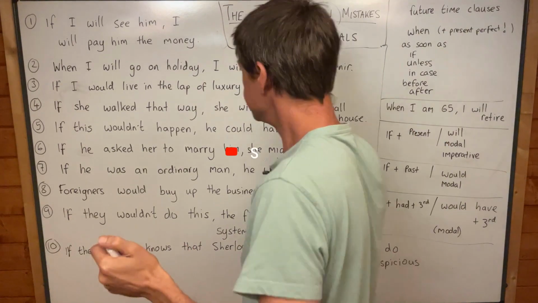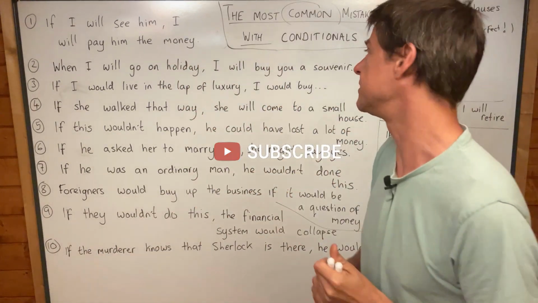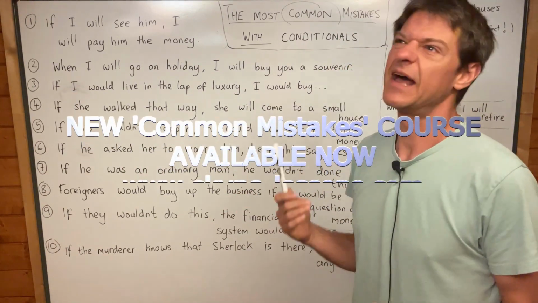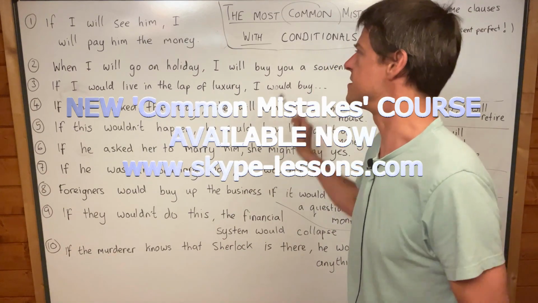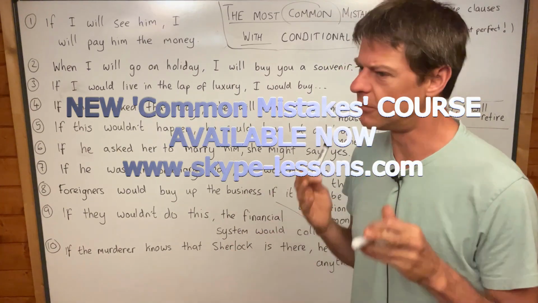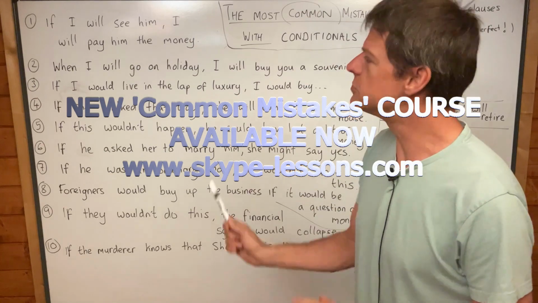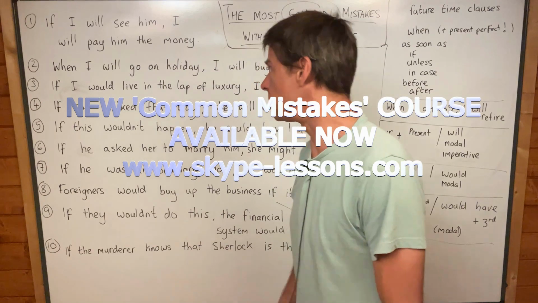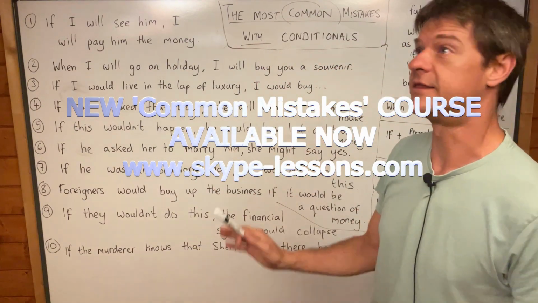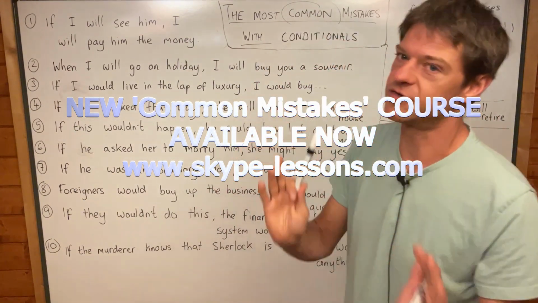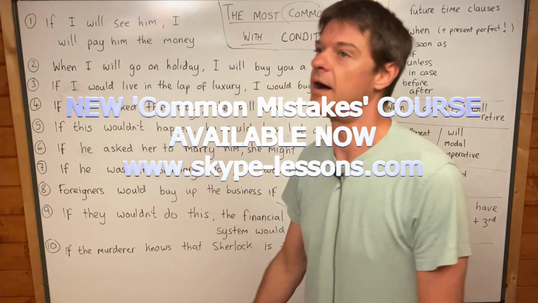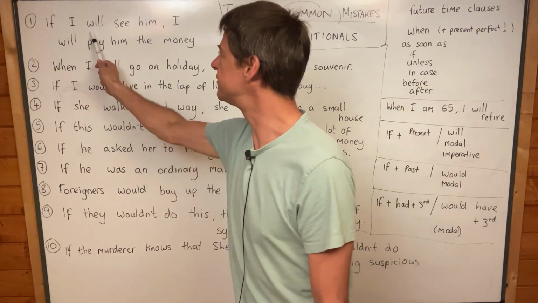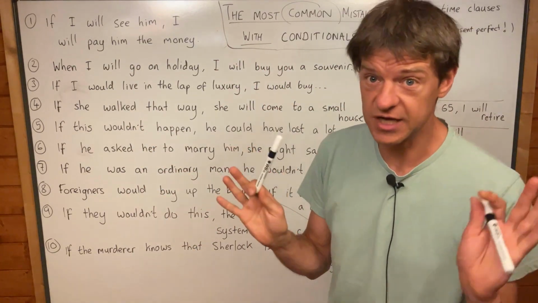Okay, morning everybody. Today we're going to look at some typical mistakes with conditionals. Students find conditionals really tricky, and being honest, natives sometimes mess them up as well because they are quite complicated. But they don't usually say number one. In fact, no native, in my opinion, would say number one. But I'm well aware that so many people learning English as a foreign language say number one, and I'm even convinced that many different languages use this structure, which English doesn't.